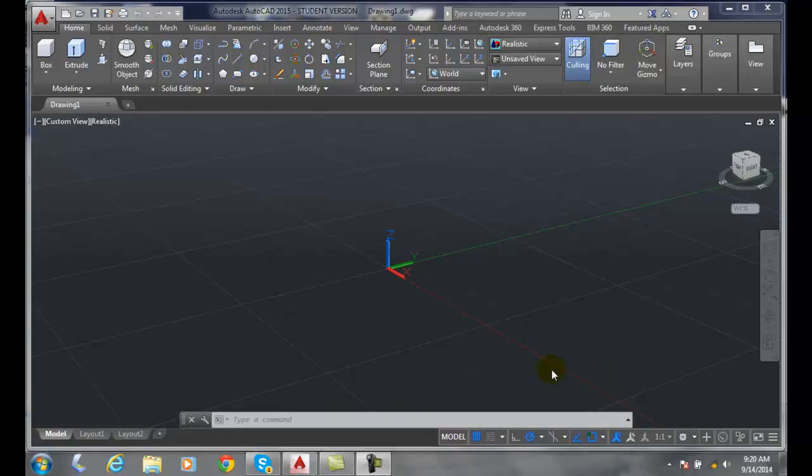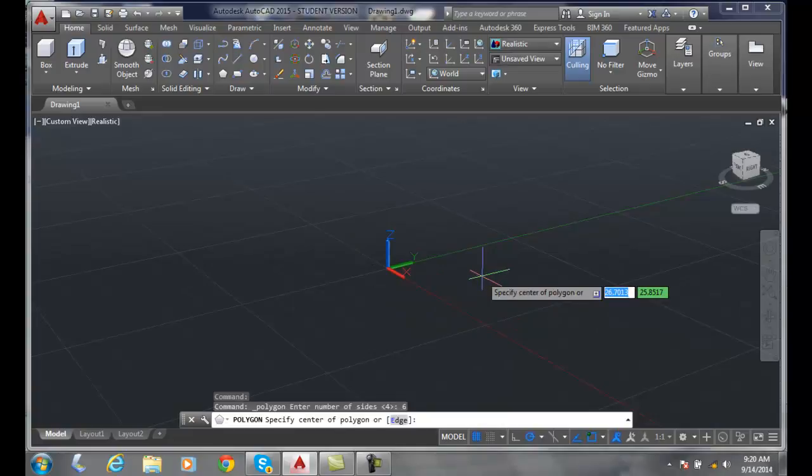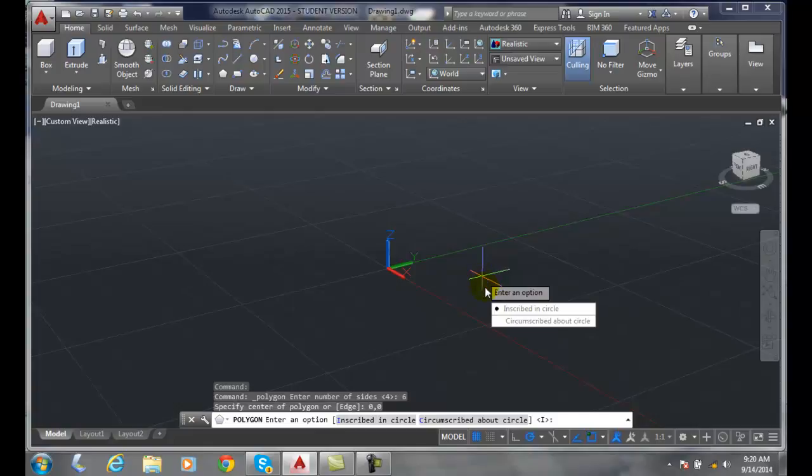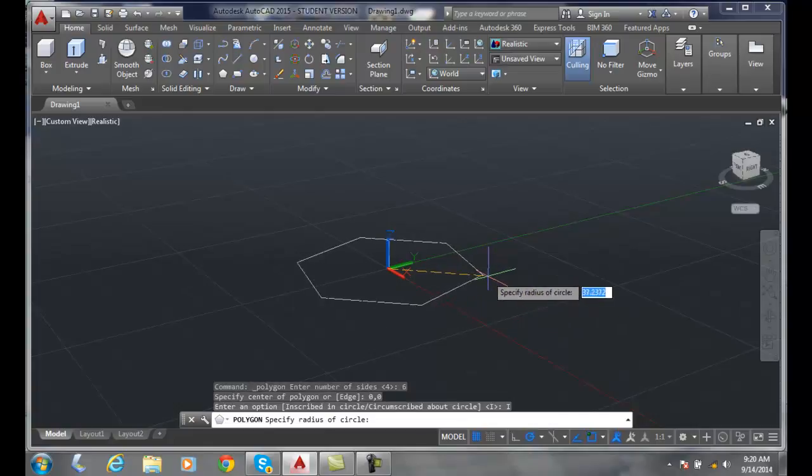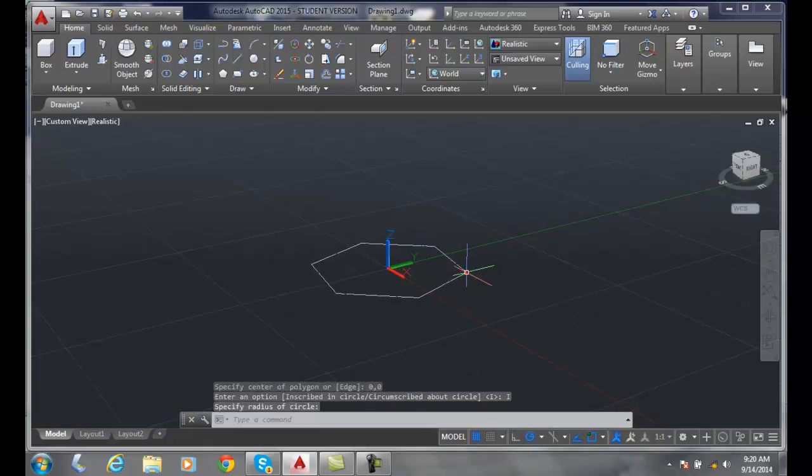So let's go and draw a polygon here. We'll click on polygon and say the number of sides is 6, and we'll specify the center at 0,0. Enter. We'll go inscribe, and there we go. Alright, now we'd like to extrude this particular